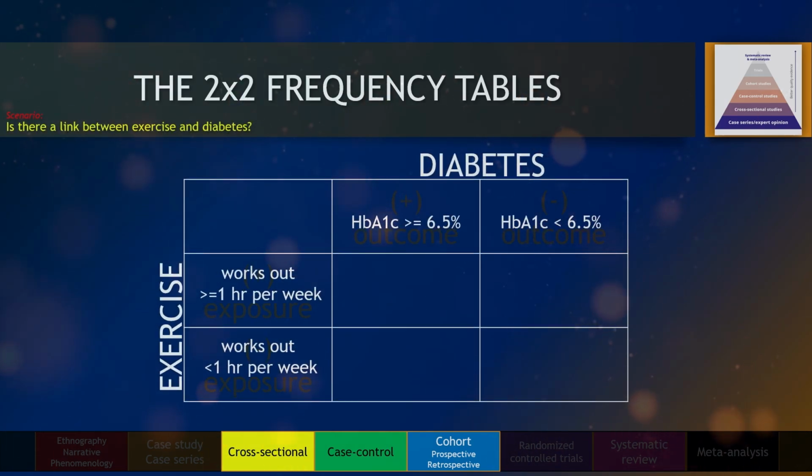In our example, it is reasonable to say that our variable exercise happens prior to the variable diabetes. So we can say that exercise is the exposure or independent variable, while diabetes is the outcome or the dependent variable. I also added both the positive and negative operational definitions of both main variables here in the 2 by 2. I will leave it up to you to fill out each of the quadrants of this particular table. With that out of the way, let's proceed with the first study design.